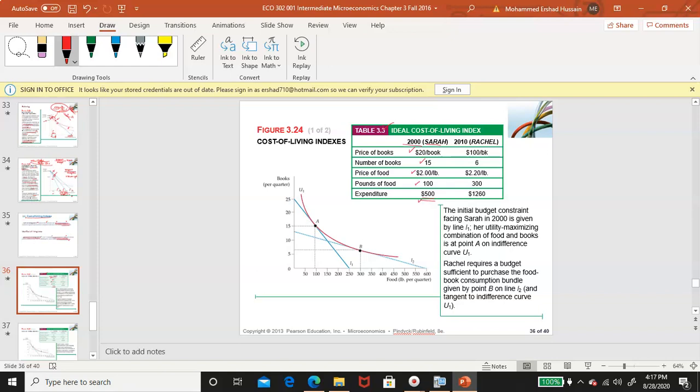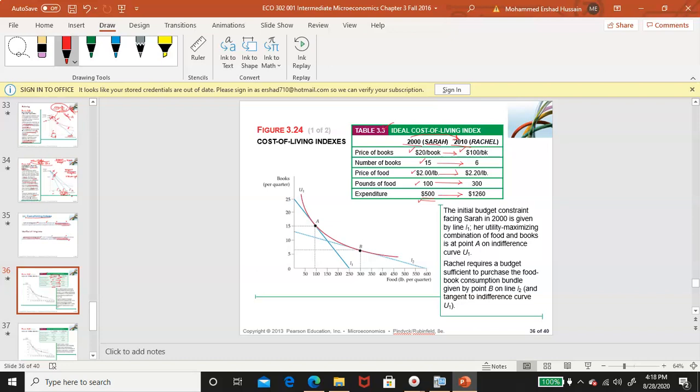On the other hand, for Rachel in 2010, after 10 years, the price of a book has increased from 20 to 100 per book, the number of books goes from 15 to 6, the price of food is 2.22, pounds of food goes from 100 to 300, and expenditure goes from 500 to